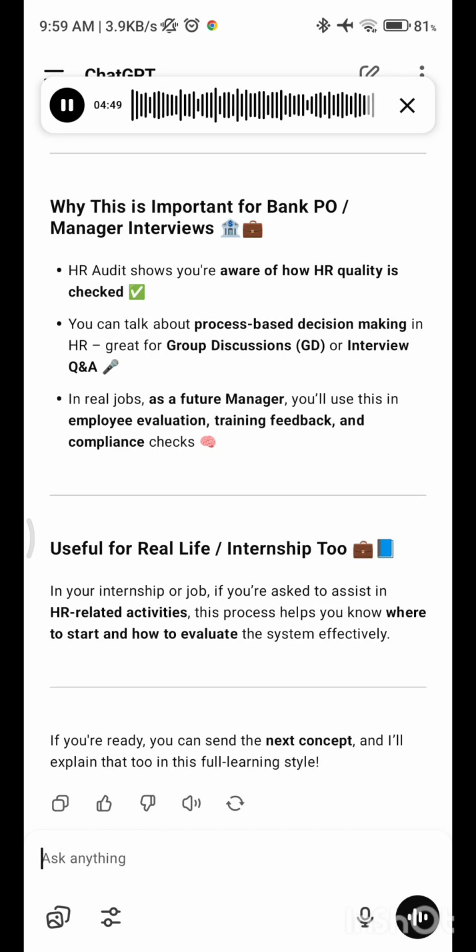In your internship or job, if you're asked to assist in HR-related activities, this process helps you know where to start and how to evaluate the system effectively. If you're ready, you can send the